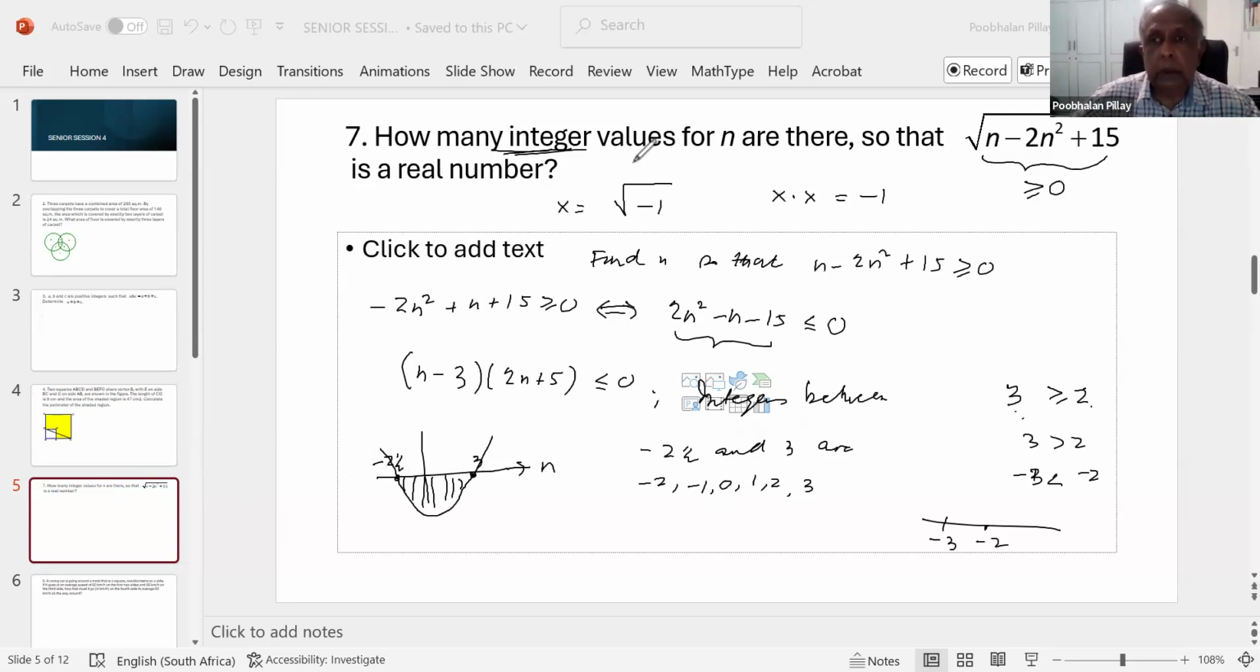Okay, so the question was how many integer values? You must answer the question. There are 6 integers that will satisfy this inequality, and these are the 6 integers. If you substitute these numbers, you're going to see that all those numbers are real. Okay, so that now takes me to the next problem, which is